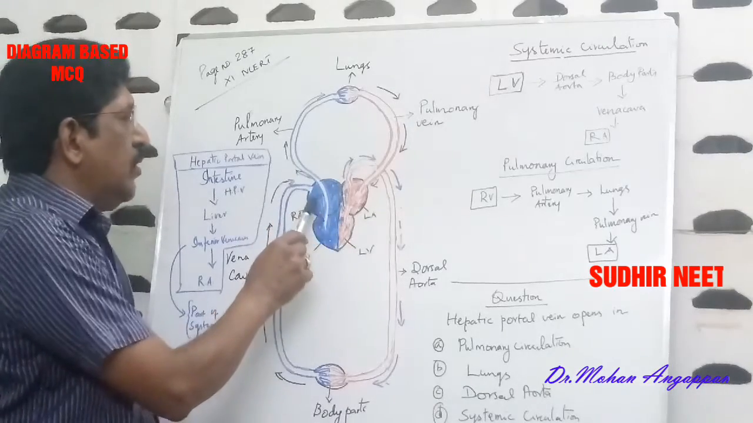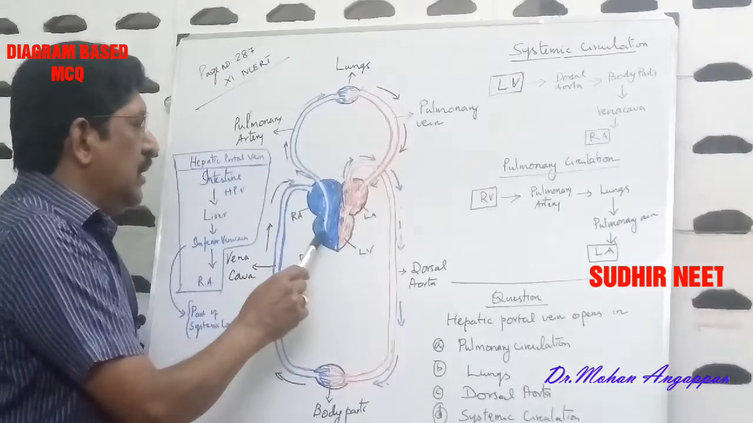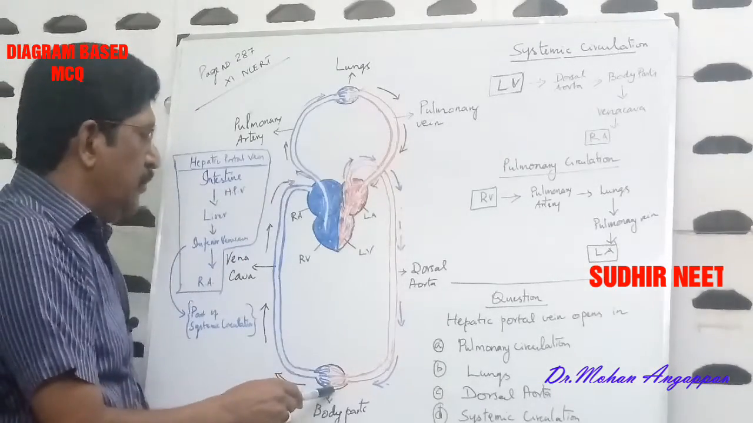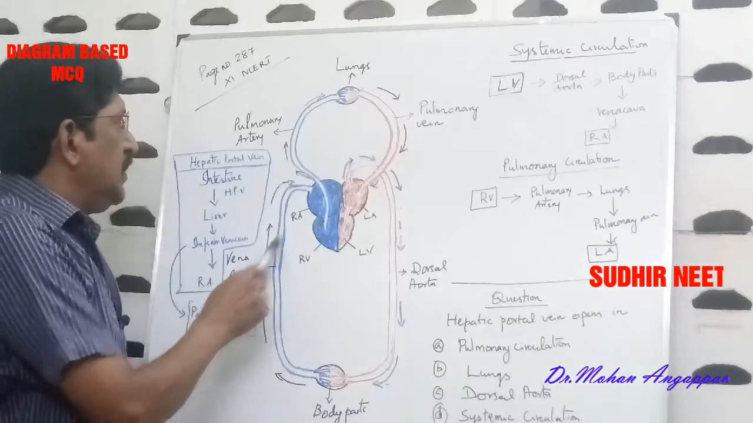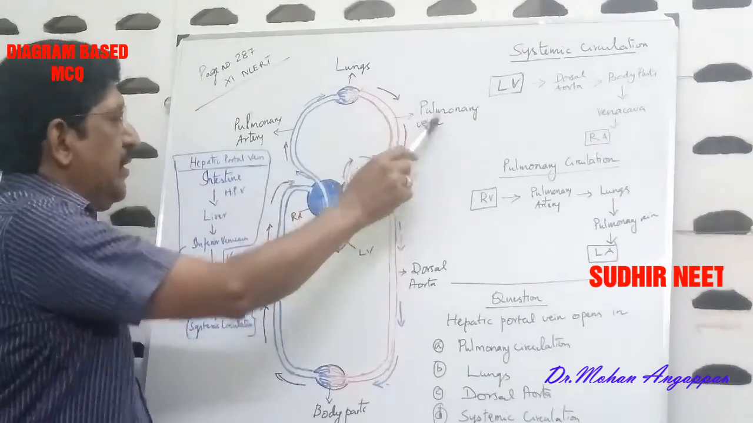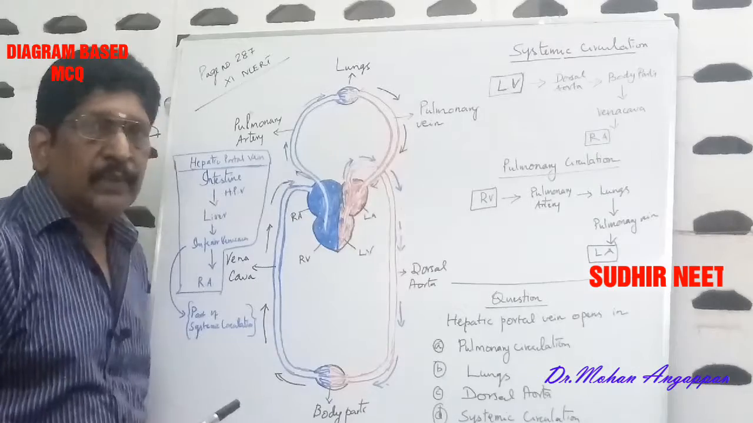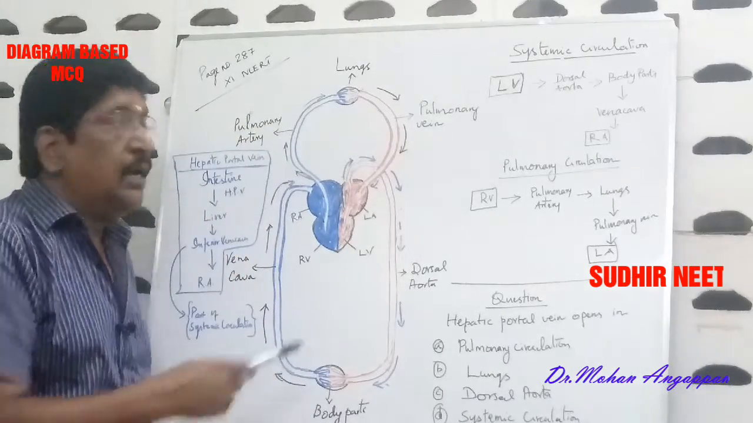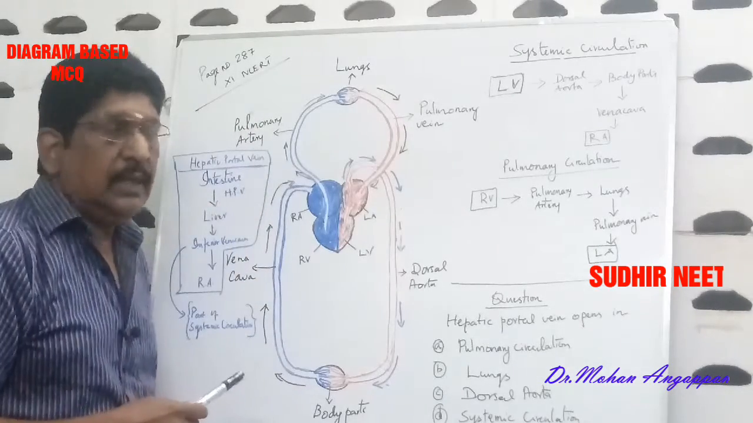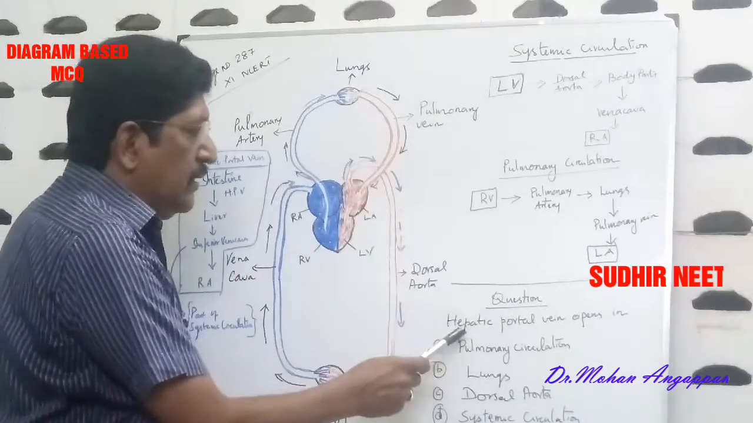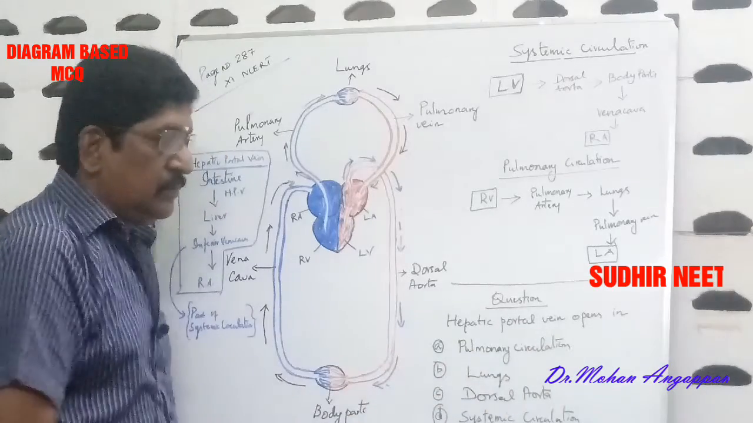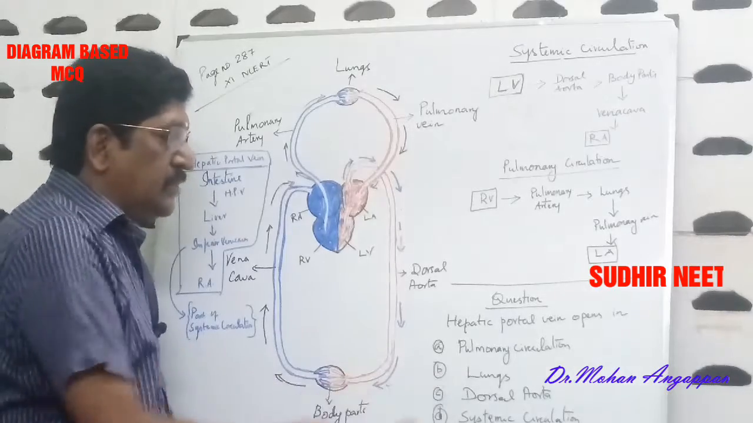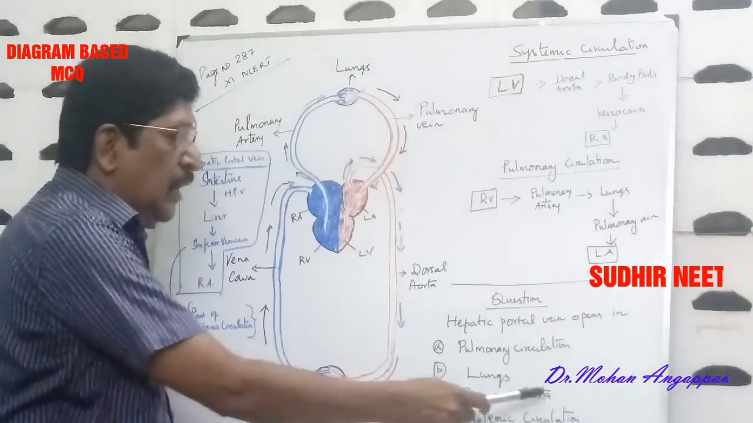This is the heart, right auricle, left auricle, right ventricle, left ventricle. It is the lungs and here body parts. It is vena cava and then pulmonary artery, pulmonary vein and dorsal aorta. This is the diagram given in your 11th NCERT book, page number 287. You can refer. Question: hepatic portal vein opens in first option pulmonary circulation, second option lungs, third option dorsal aorta,